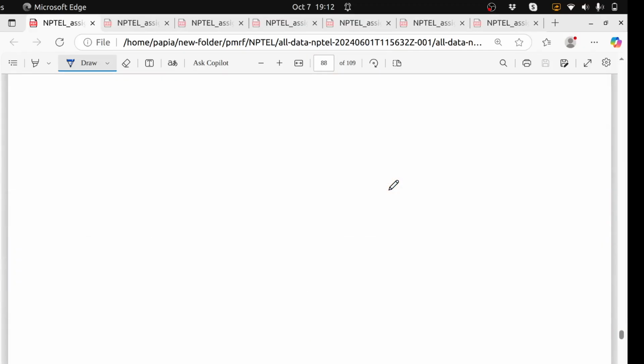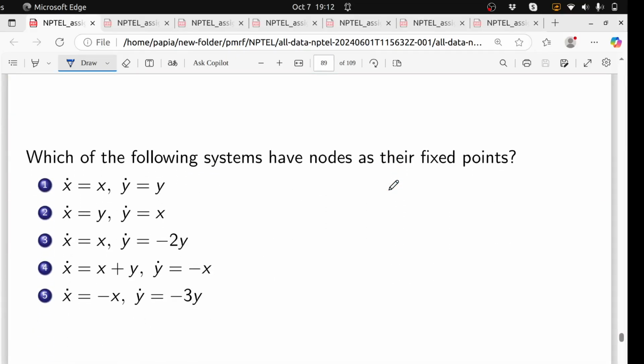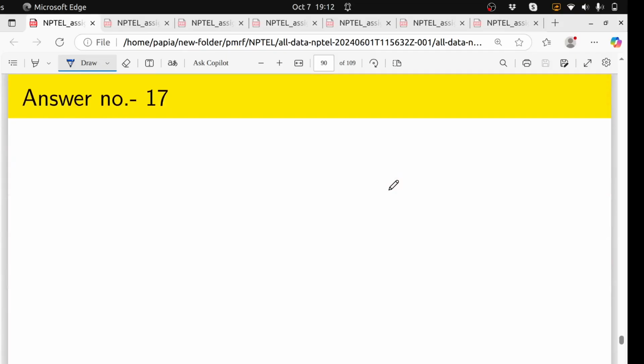Now coming to the next question. Which of the following systems have nodes as their fixed points? Yes, that will be a little bit lengthy question. Which of the following systems have nodes as their fixed points? So I just want to make one